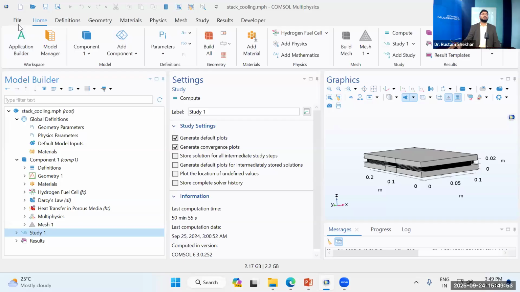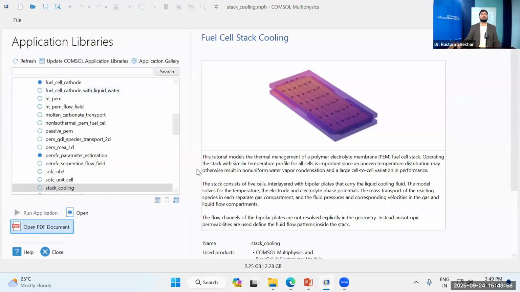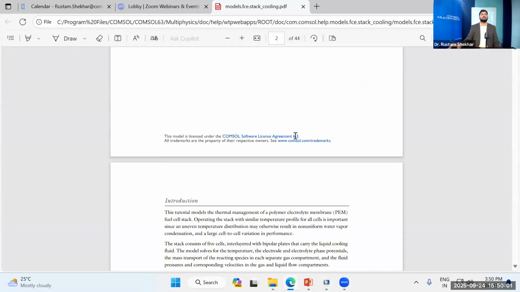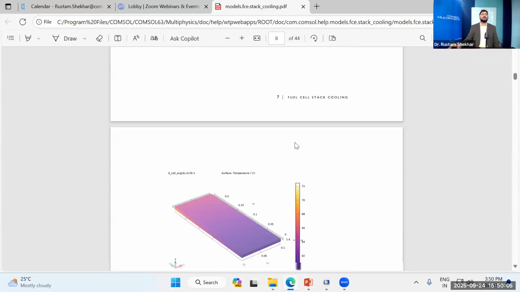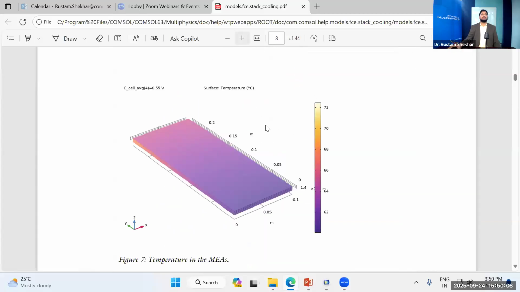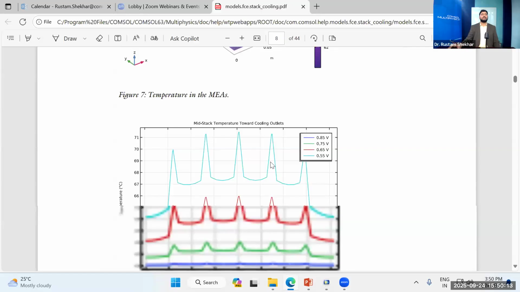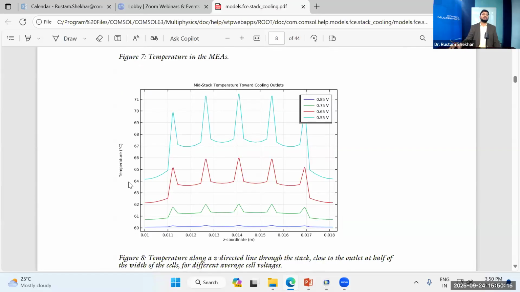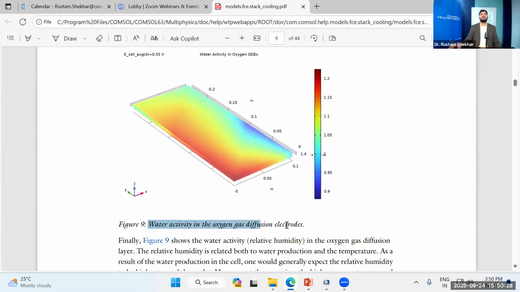Once we have this kind of multiphysics model, I can visualize the results out of it, where I can see these sort of results here. You can see how the fuel cell is arranged, which I explained to you, and ultimately I can see the temperature part. What is the temperature distribution in my entire MEA? I can see the temperature distribution along the z coordinates in the manifolds of the channels. Based on different channels, what is the current temperature distribution, and we can see the water activity in the entire